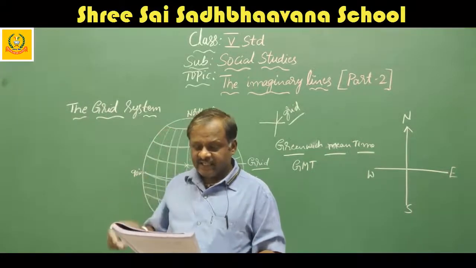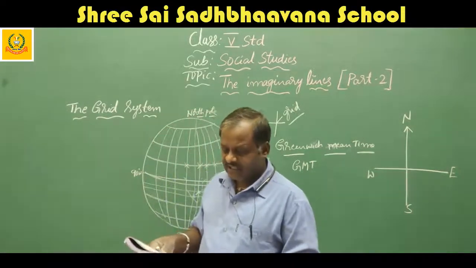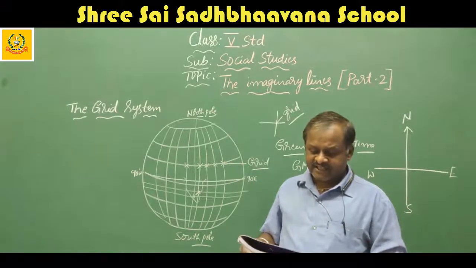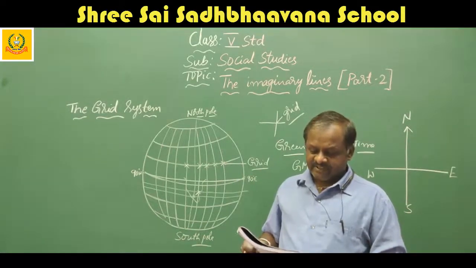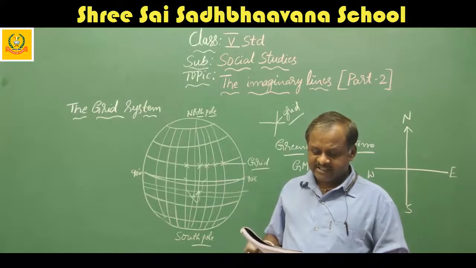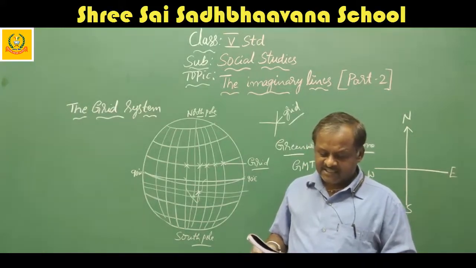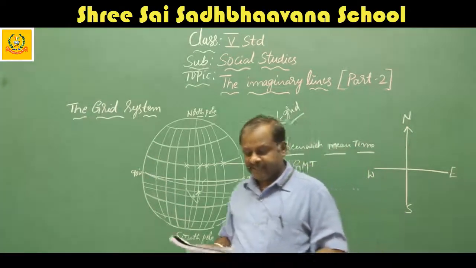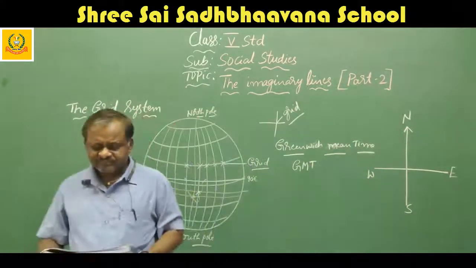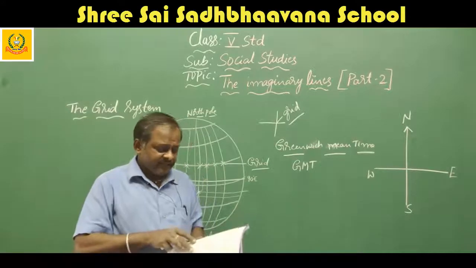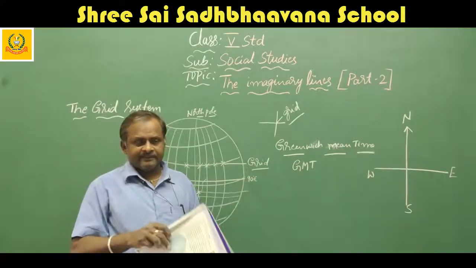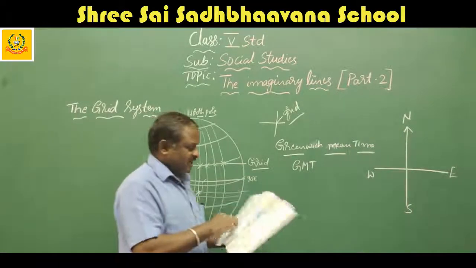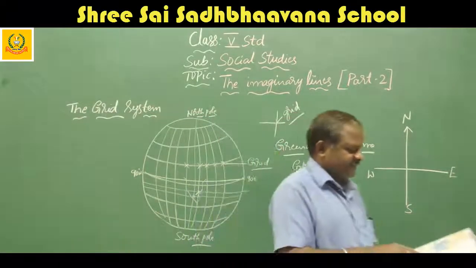In India, the longitude of Prayagraj, earlier known as Allahabad, which is 82.5 degrees east, is taken for calculating the standard time. This standard time is known as the Indian Standard Time, IST. The Indian Standard Time is 5.5 hours ahead of the Greenwich Mean Time. Here, the Indian Standard Time is calculated according to the longitude, 82.5 degrees.